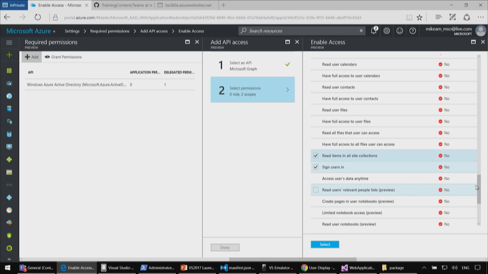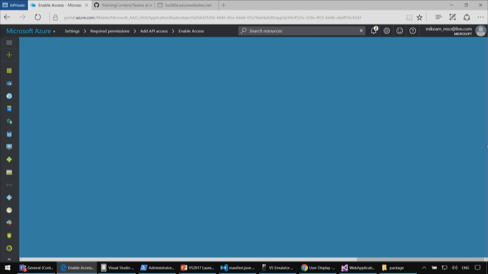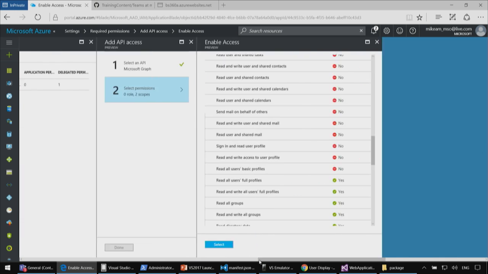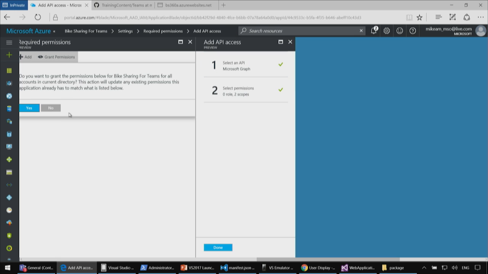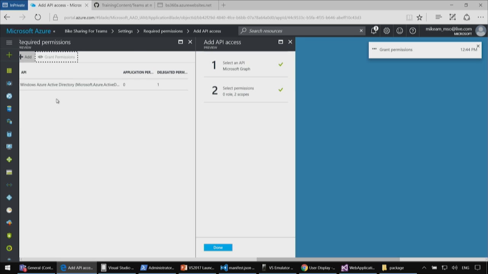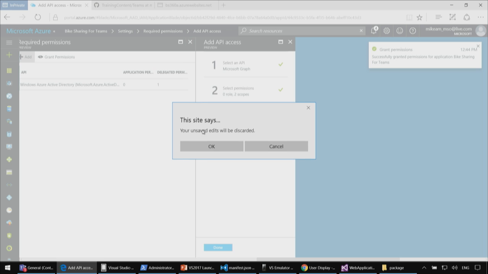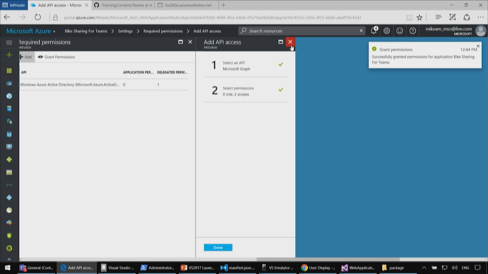Those are the two permissions that you would need if you want to make some SharePoint-based Microsoft Graph calls. But you can see, here's all the goodies, if you will, that are inside of Microsoft Graph that you can use. So I'm going to select those two permissions. And then I will grant those permissions to the application. Step one was saying, here's the kind of permissions that I need. And then step two is,